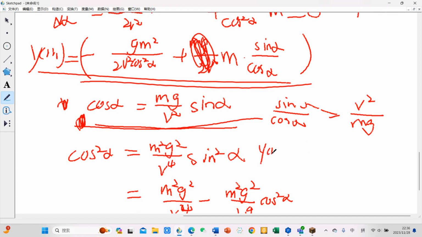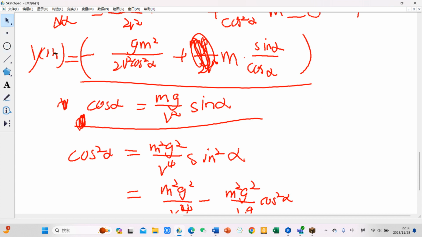So ym now is simply gv, and minus 2v squared gm squared and times cosine 1 over just